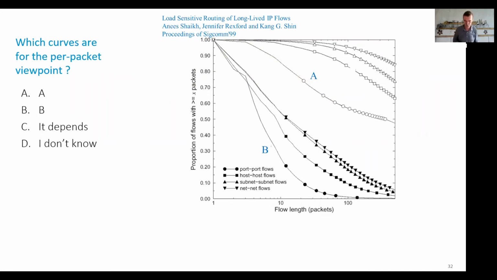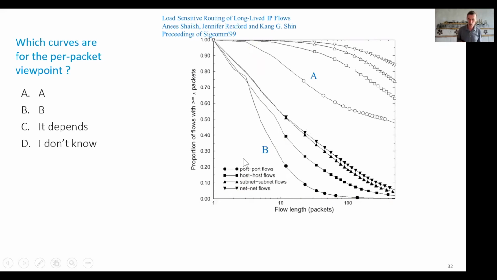And this is for various definitions of the file transfer, or more exactly of the flows. Here the flows can be defined as host to host or subnet to subnet, etc. So we find 4 different curves, but if we take the same kind of flow, for example the port-to-port flows, we have one curve here or another one here. One of the curves corresponds to what I said: you measure all the flows that you have observed over your time duration, and you do a CCDF. We see on the y-axis the proportion of flows with more than X packets, so that's a CCDF. And here it is in semi-log scale: log scale on the x-axis and natural scale on the y-axis.